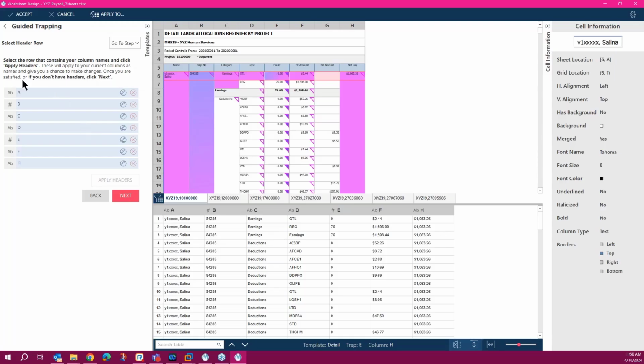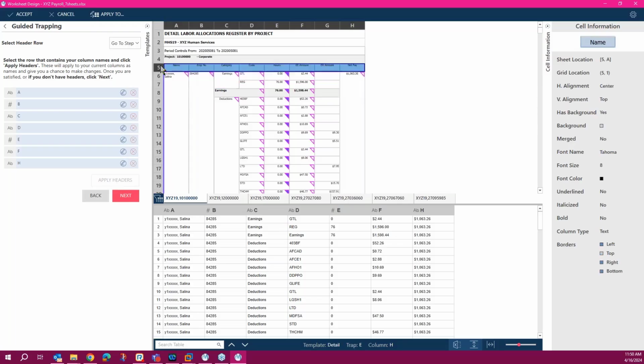And again, it gives me some descriptions that if I want to apply the header, select the header and then click on the Apply Headers button. As you can see, the Apply Headers button is disabled, but once I select the header columns, the button is enabled. So I just click on Apply Headers, and it basically applies the header columns here. Okay, and so these are the field names, and the headers are already applied.